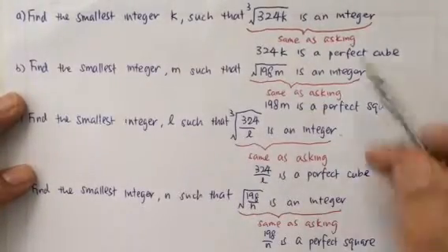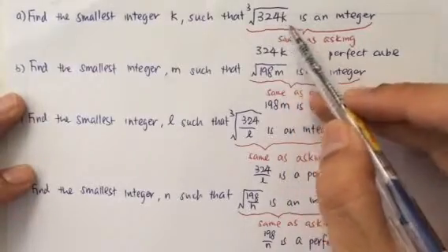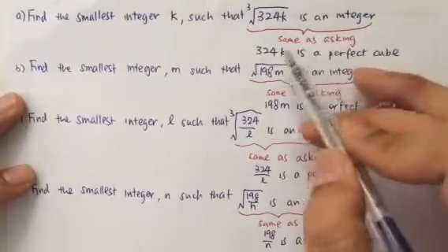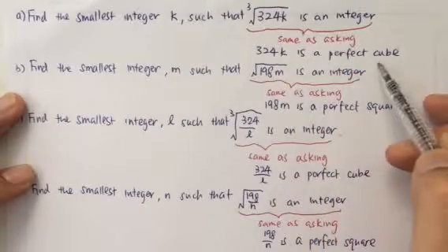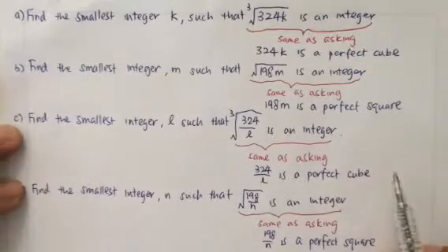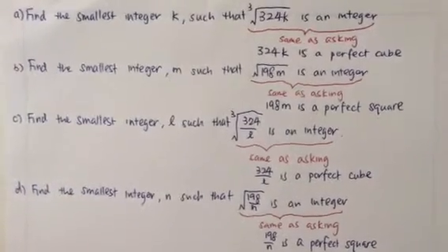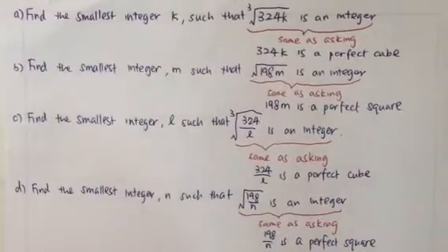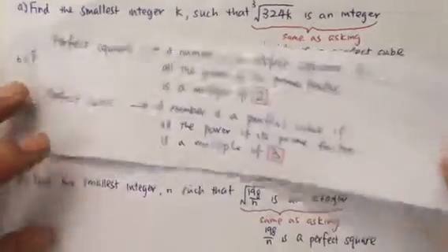Some of you may be confused by what it means for the cube root of 324k to be an integer. It's the same as asking for 324k to be a perfect cube. The same applies for the rest of the questions. Let's look at how we deal with each question individually. In order to understand what is really going on, we need to know the definition of a